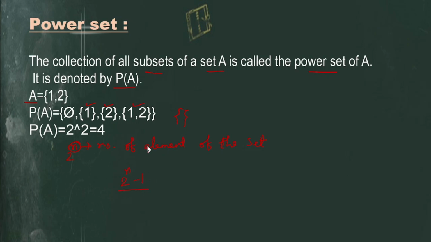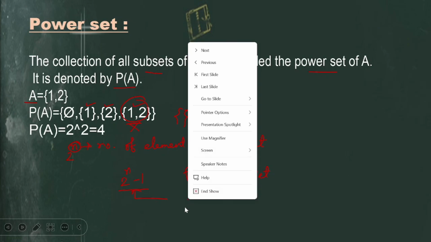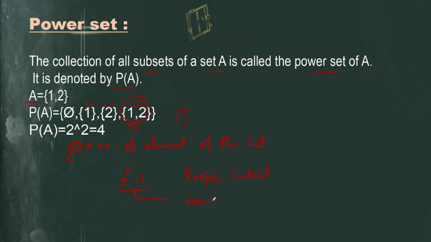Sorry, proper subset means what? Proper subset means you should exclude the set itself. The set itself you should exclude. The proper subset formula is what? 2 to the power n minus 1, because you should exclude this subset, 1 comma 2, the set itself. But if you are asking for the non-empty